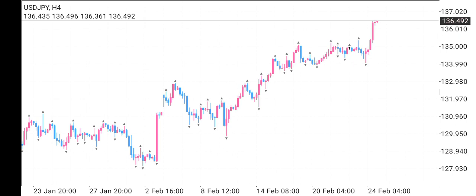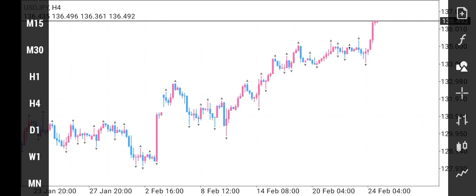Top-down analysis on USDJPY. I will review how I do my top-down analysis. The analysis and the strategy I'm using here is the same strategy I use for all pairs, both cryptocurrency, derivatives, which is synthetics, and currency pairs. It works on all currency pairs. So without much delay,